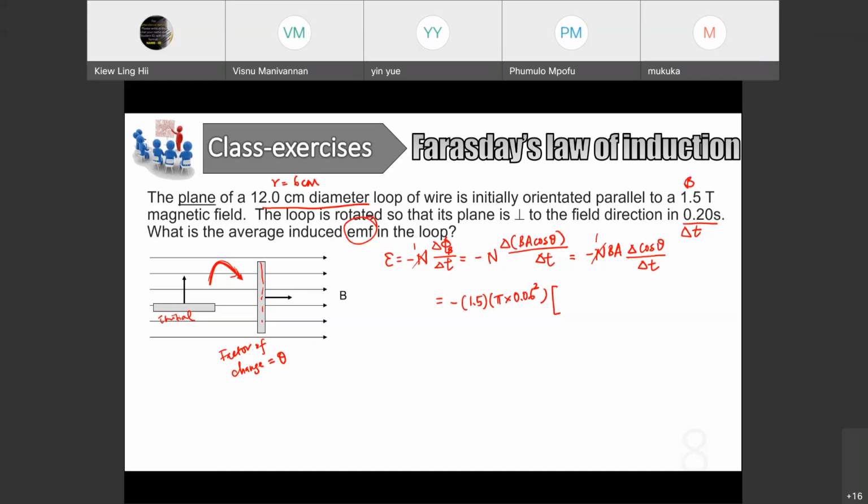Always remember, change is always the final value minus the initial. So for change, it must always be final minus initial. So now let's check on our theta. At the initial position, this is your normal line. So theta is 0 degree relative to the